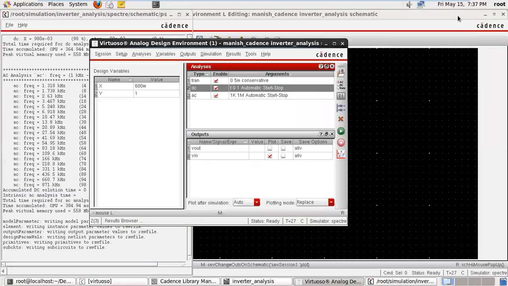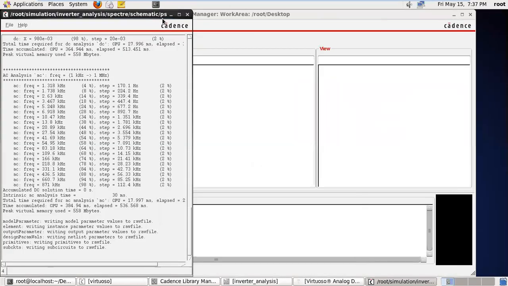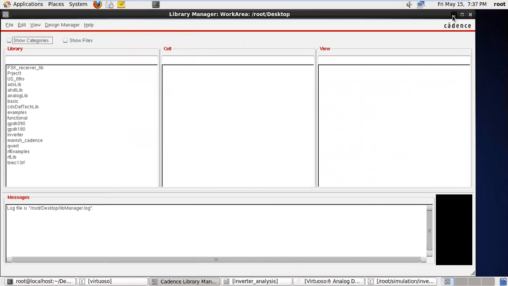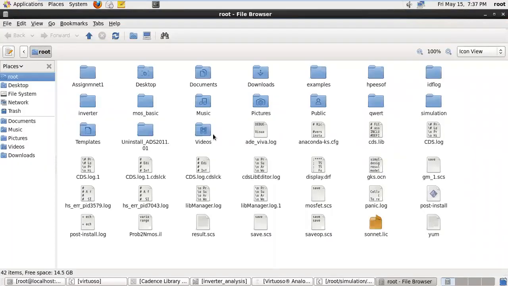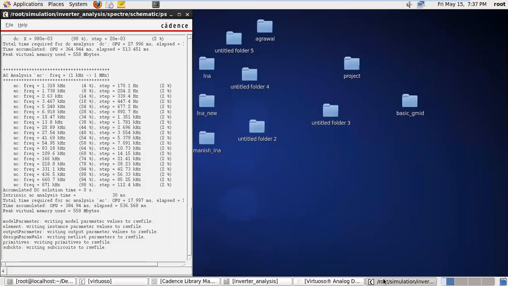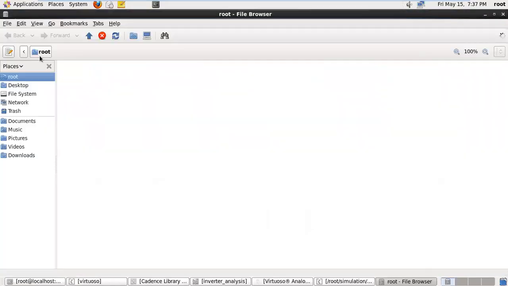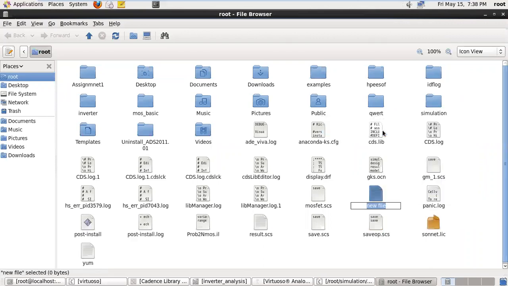So first create a library, first create a SCS file. Here suppose we are making it at root. Right click, create document, empty file.